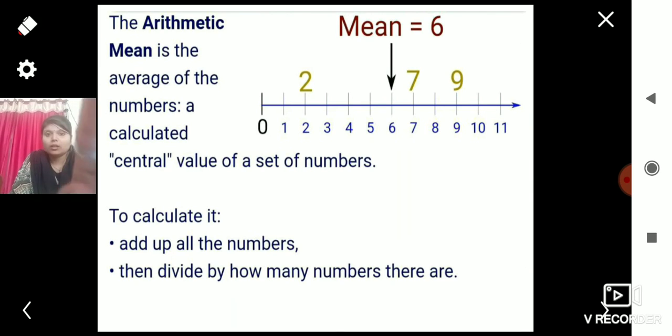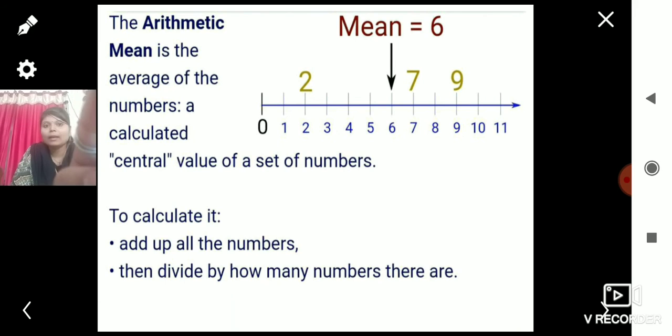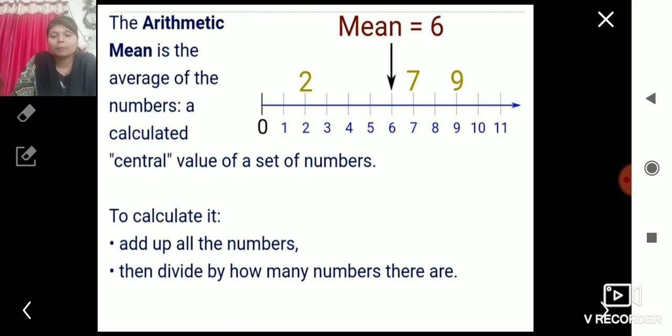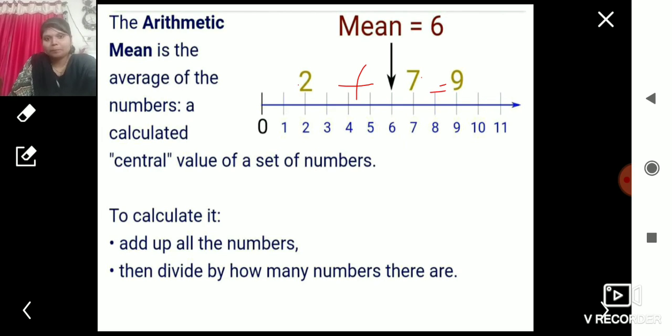So if you remember this, okay, this is the graph which we had already utilized in our school days, isn't it? So if you remember your 8th, 9th, 10th geometry and the arithmetic progression or the arithmetic mean, you would remember this particular graph that we had already used. Okay, this is like 2 and 7, and the mean is needed. Okay, so adding up these two, you are going to get 9. Correct. Now how to put a graph for this? You are going to take the mean for 9, isn't it?